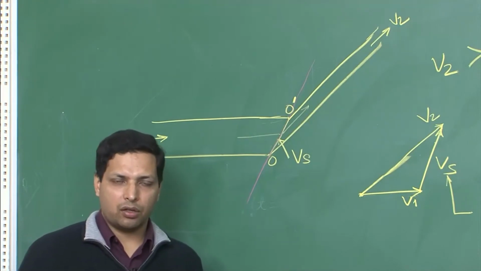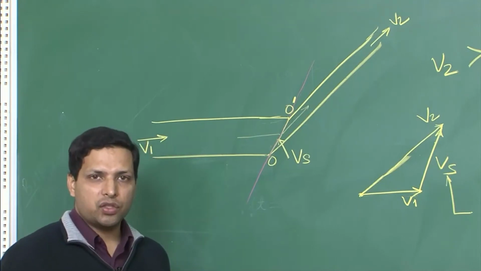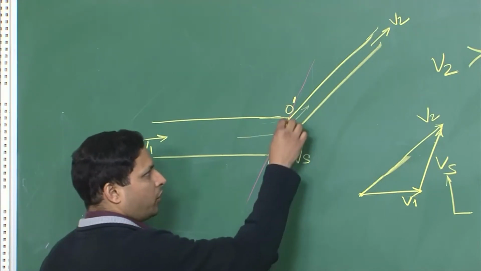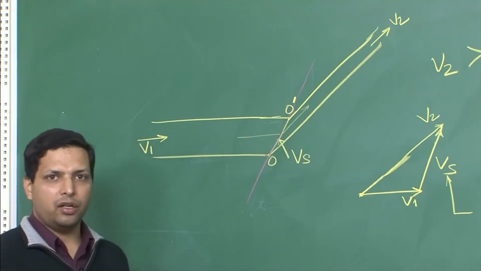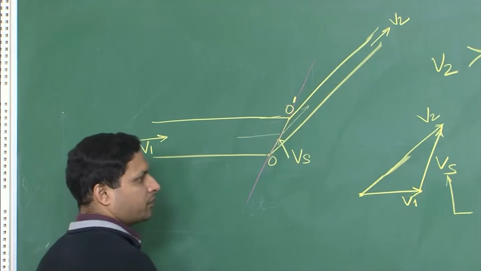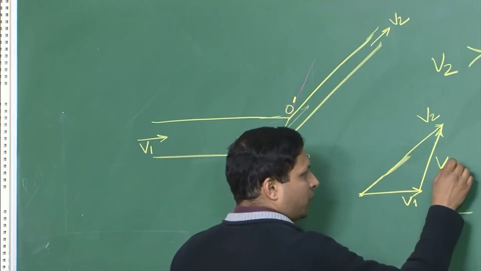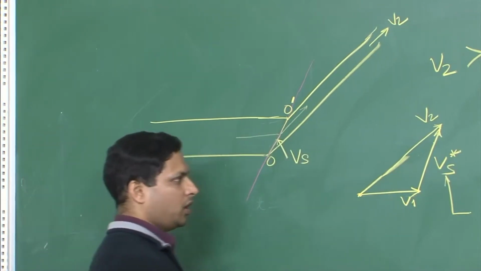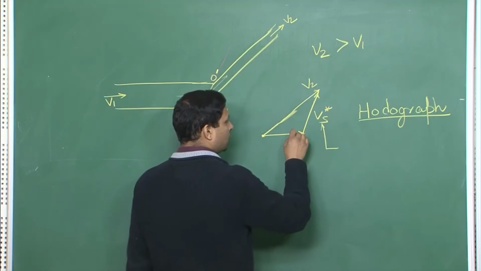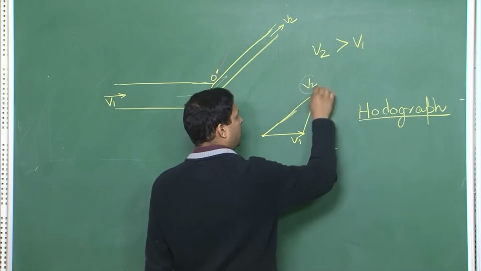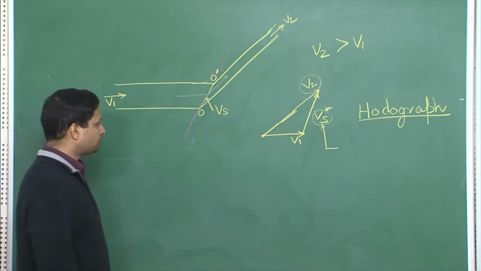Remember, the first point of the methodology for upper bound analysis was that you assume a deformation field and you calculate the energy rate for that. So this is what we are doing, we are assuming the internal field of deformation or the internal field where collapse of the material is taking place, and this is usually denoted by star. So star denotes the internal shearing velocity. So using this hodograph, we are now in a position to get the magnitude of Vs star as well as the magnitude of V2.